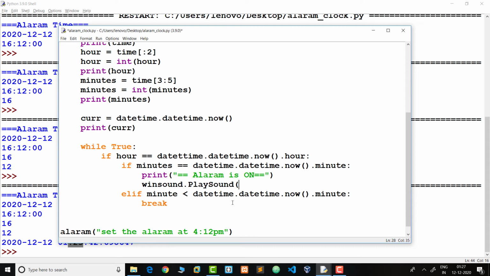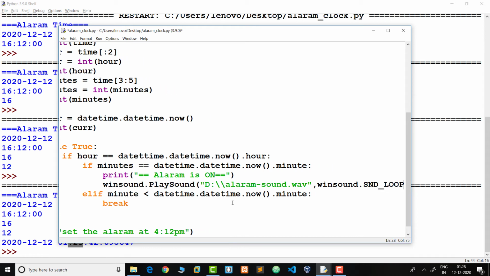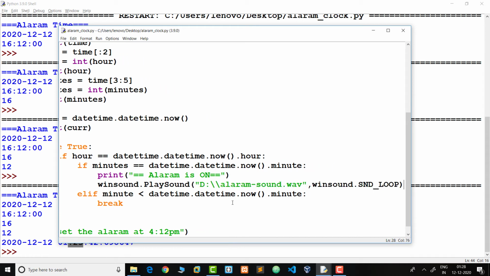This is the function, and inside it we use the D drive path, alarm-sound.wav file. This is my wave file, and the second parameter is winsound.SND_LOOP. This parameter is used to loop the current wave for 1 minute, meaning it repeats the sound for 1 minute because we are using a loop.